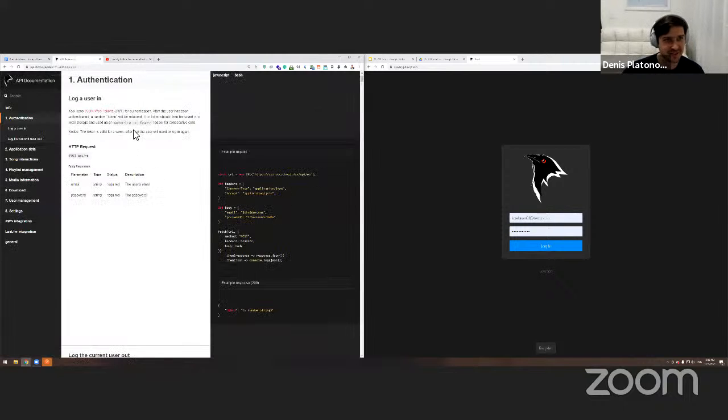So there is a difference, right? It's not login, it's authentication for APIs. And what we see here, this is the endpoint.